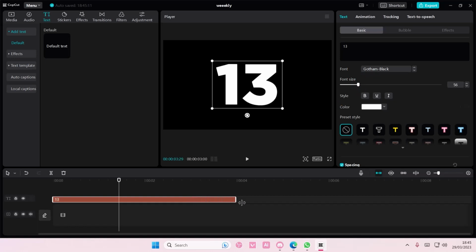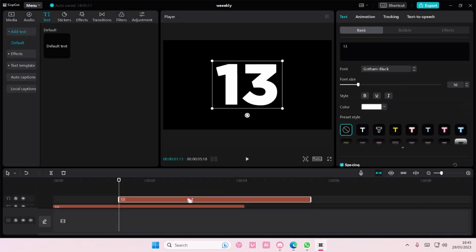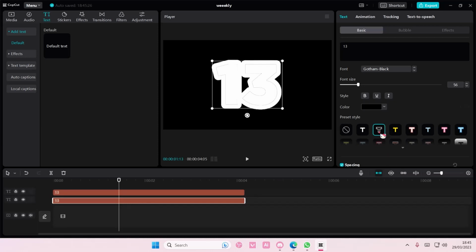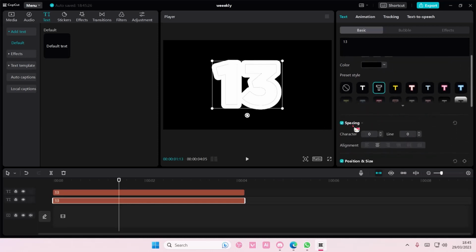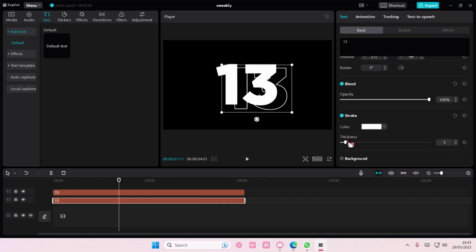And then what you are going to do next is you're going to right click copy, right click paste. Select the text underneath and select this style. It's going to look weird, but trust me, you have to adjust the thickness to about like 4%, totally up to you. Then you're going to kind of move it down a little bit,